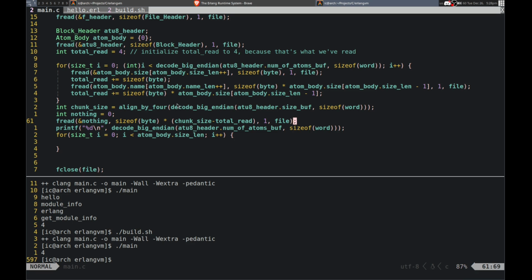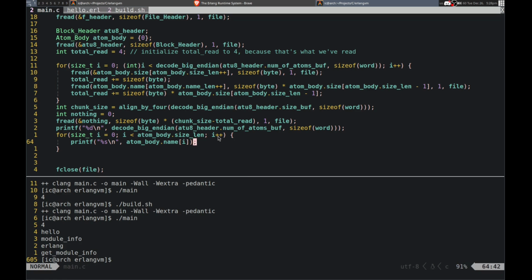Okay, let's see, what was I even doing? Yeah, so I was doing this and then printing them out. Antibody dot name. There we go. Alright, so we can print them all out. That is good.